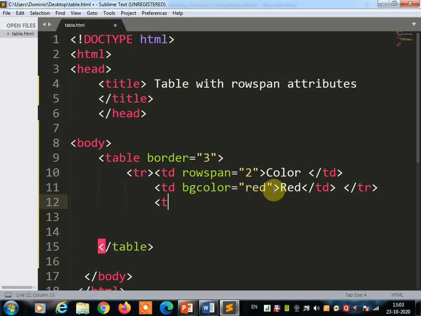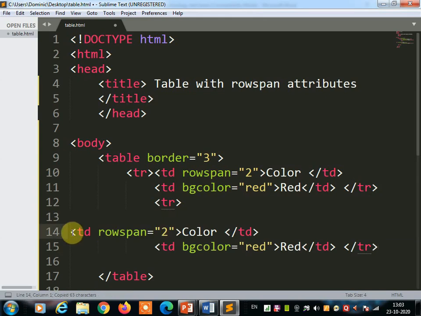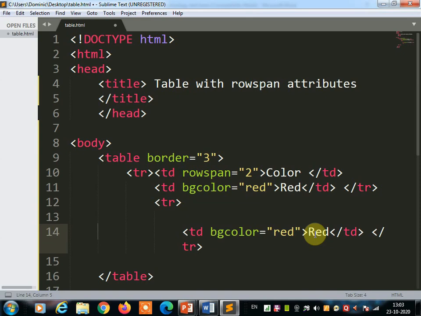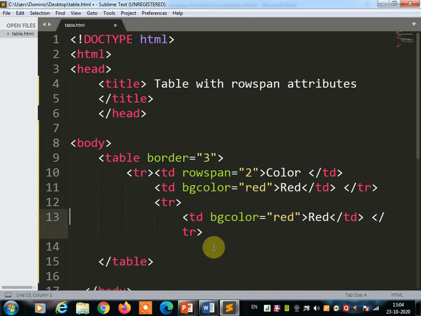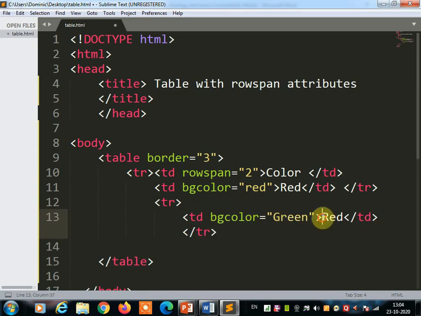Now we start the second row by using the tr tag again, and again we are going to use the same data. Instead of rowspan, we're not going to create it, because once we have merged the row there is no need to create it again. So in the td, the background color we are going to change to green, and we put the data green.